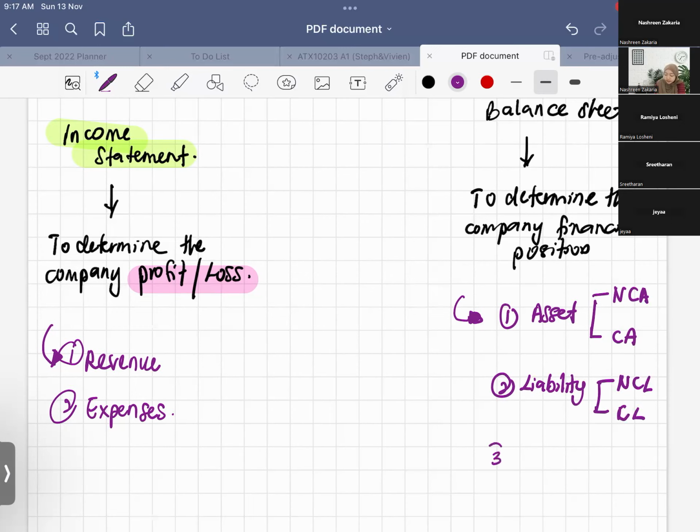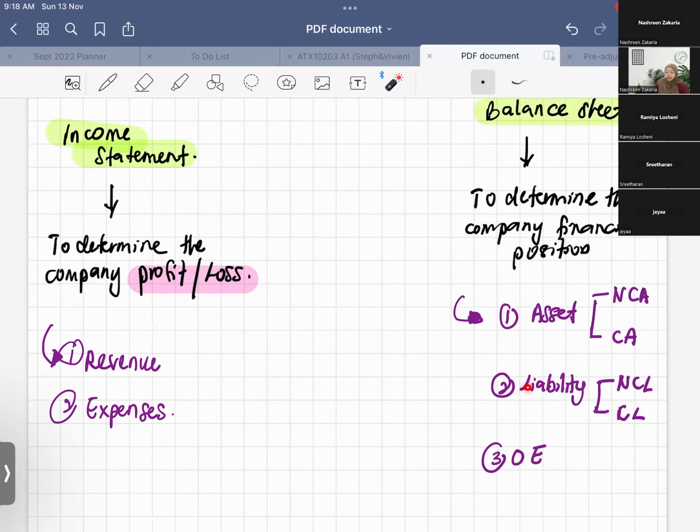And then lastly, we will include owner's equity. So remember, for the balance sheet, we only have these three elements: asset, liability, OE. Meaning asset, we have non-current asset and current asset. So later in the balance sheet, you will need to separate the assets. Non-current asset, list it down. Current asset, list it down. Like that. Later we will look at the